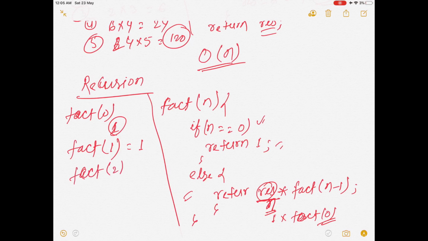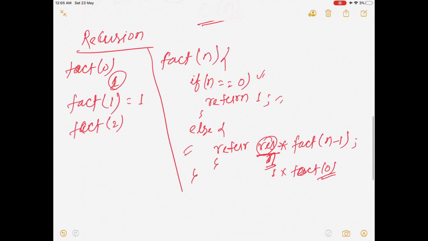Now if I check for factorial 2, what will happen? Again it will come here. N is not equal to 0, so it will come to this part. So n into factorial n minus 1, so basically 2 into factorial of 1. And we already know factorial 1 is equal to 1.